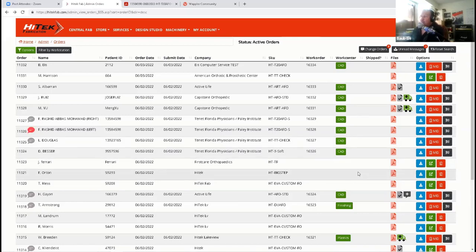And then also, if you notice this, it says CAD CAM files are available. So if I just pick one of these that shows CAD CAM files, I can show you that.